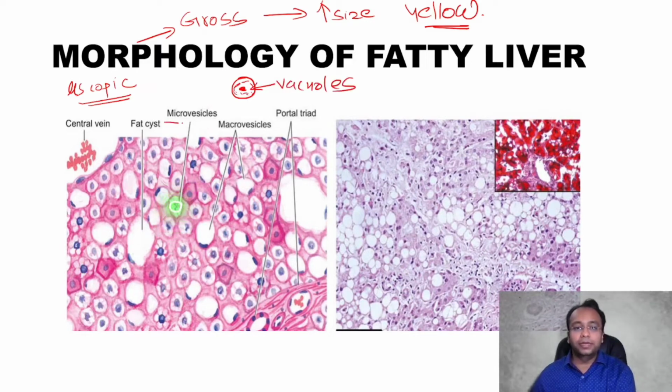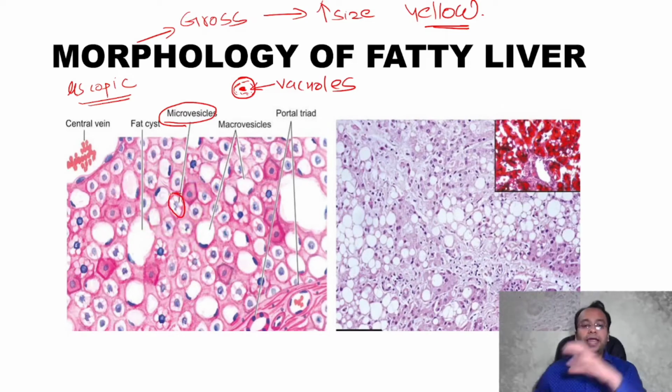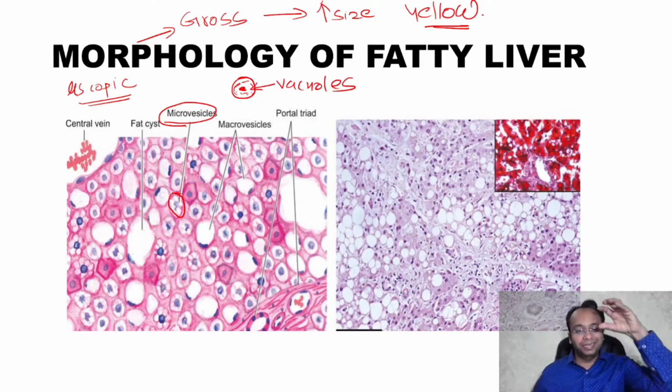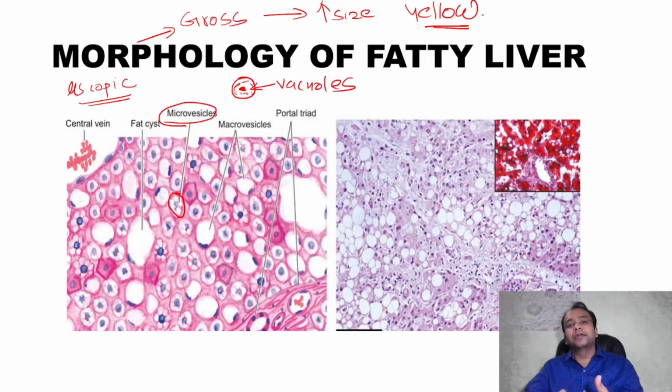and it is known by the name microvesicle. See, this is the microvesicle. The fat is accumulated around the nucleus and it appears as vacuoles. Now, why here is the lipid white color? You might have a question. So the white color is because the fat will get removed during the automated tissue processing. That's why fat looks white here, right? It will be removed during tissue processing.